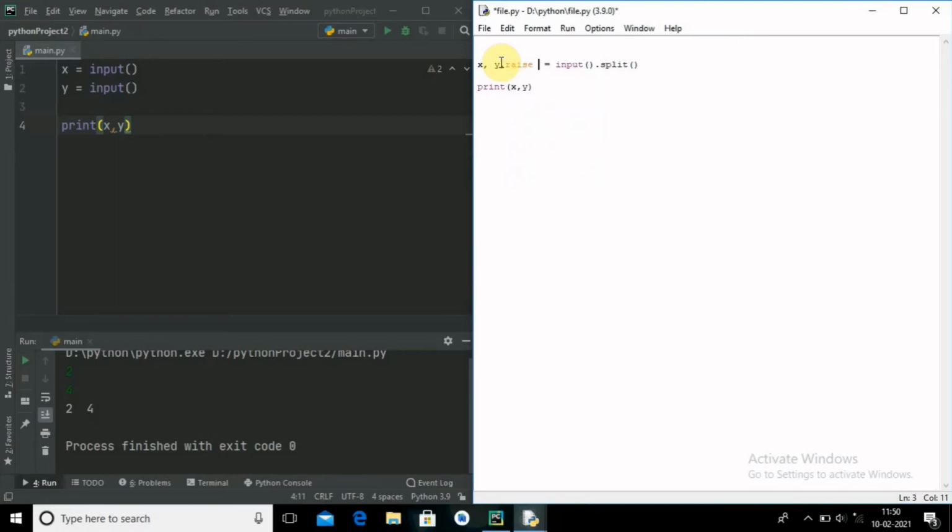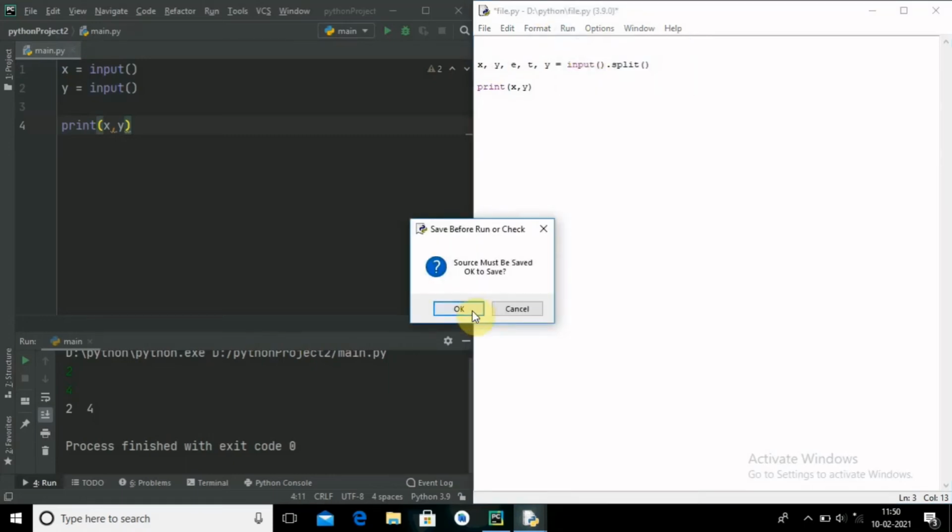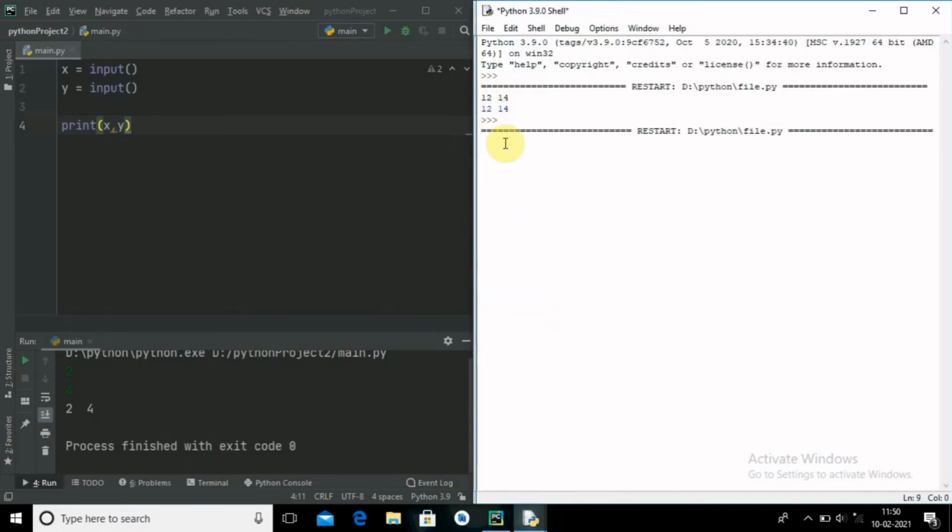I have given r, e, t, y, so many such inputs. Here I have given 5. Let me run this. See, now here I will give 1, 3, 4, 5, 6.